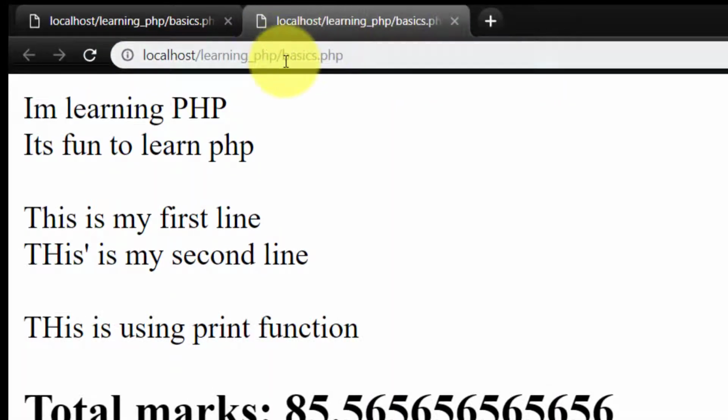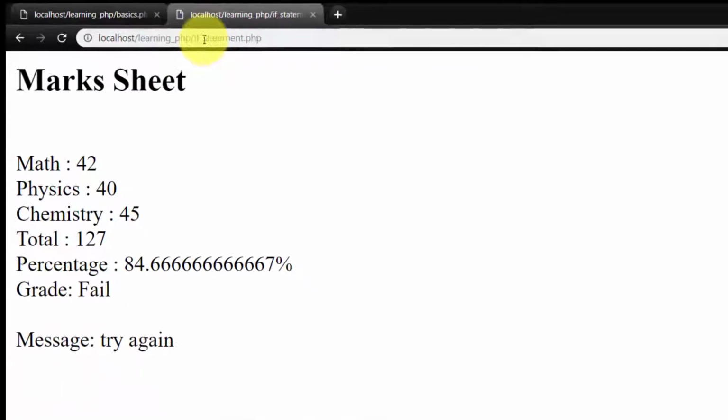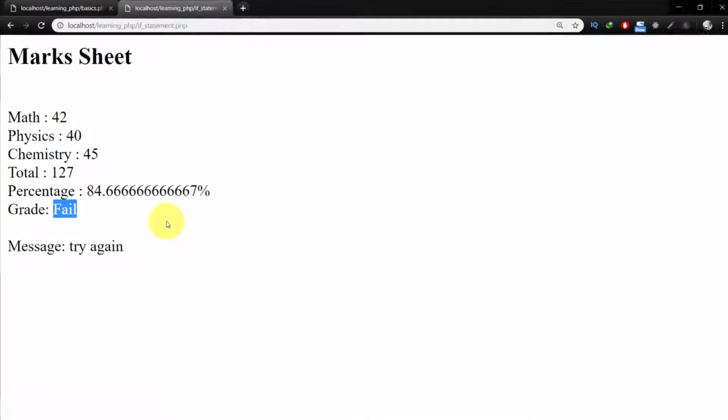Let's check this. So here is the mark sheet. Maths 42, physics 40, chemistry 45, total 127, and the grade is fail. It is due to the fact that